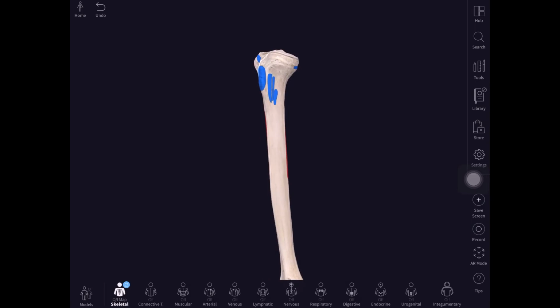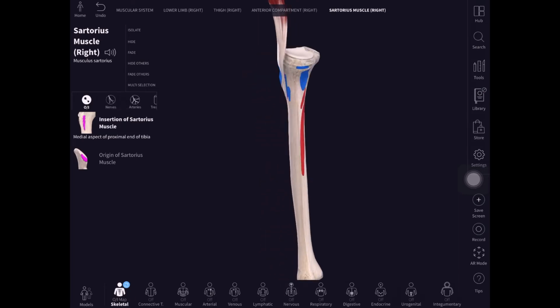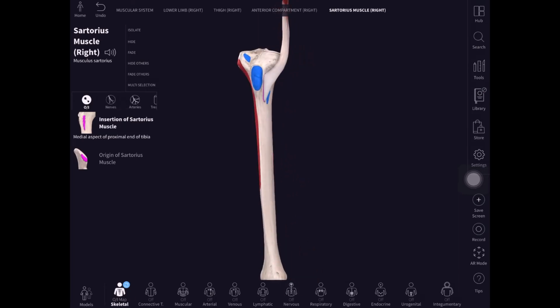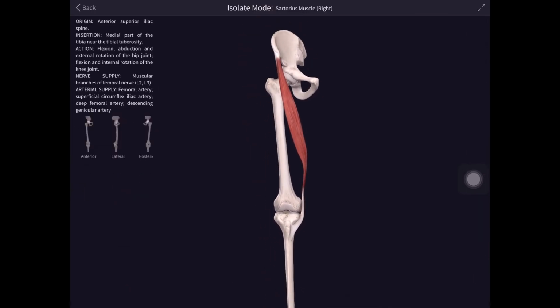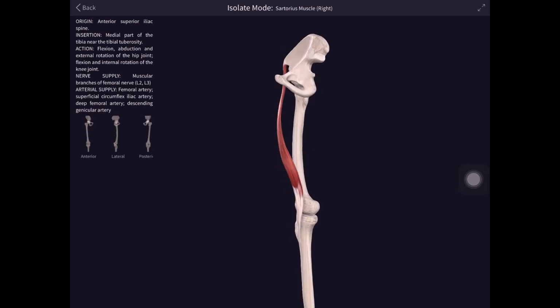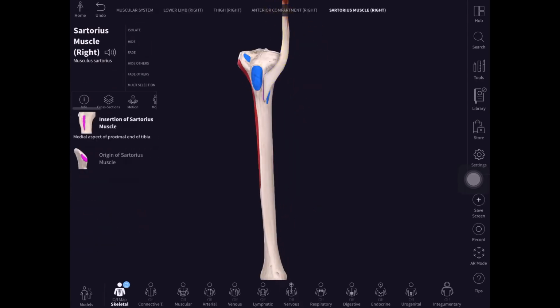Now here is our muscle. So this one is your sartorius. Isolate and see, that's your sartorius. You can see coming from anterior superior iliac spine, longest muscle coming in, attaching here. Then next